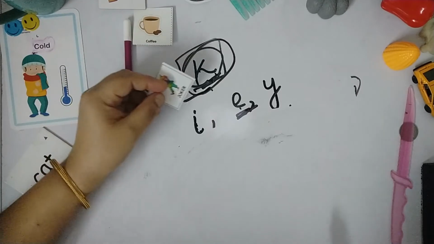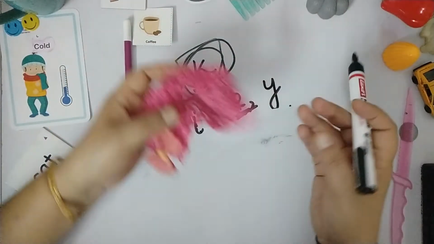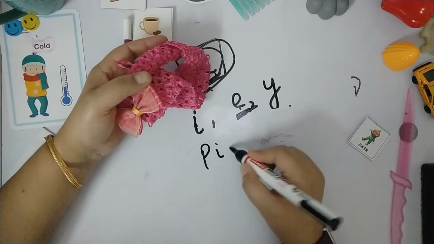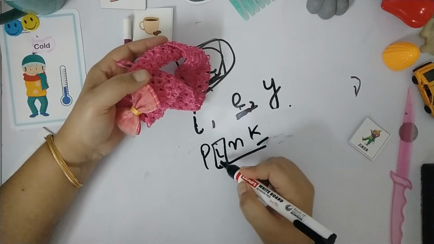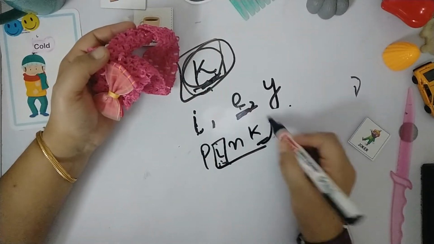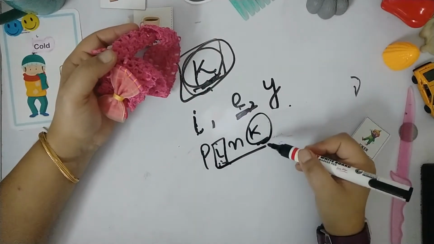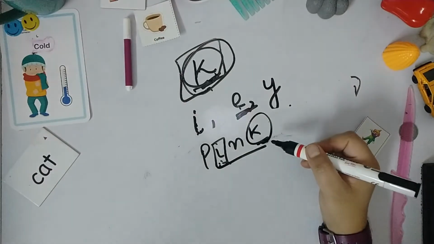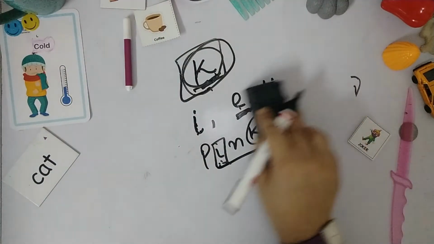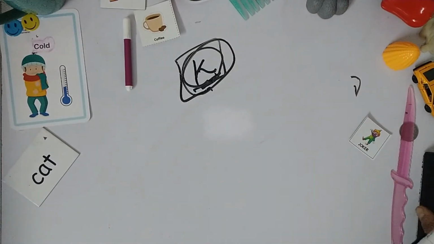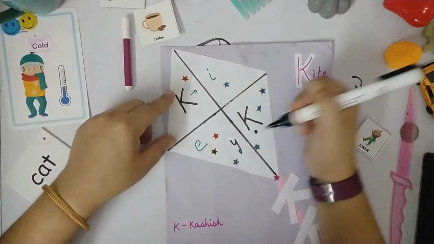Then next, you can ask the toddler, oh, which color is this? So what is the color of this band? Pink. Again, at the end of this spelling, what we have used is I. So whenever we come across I at the end, what we have to use is the K sound, the letter K. In order to make the toddler understand that K needs to be used with I, E, Y, you can make any DIY craft also, like a kite kind of thing.